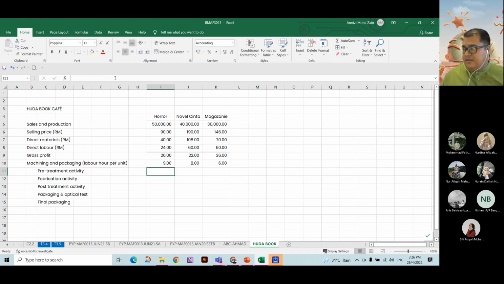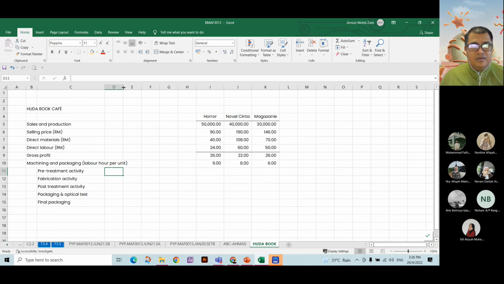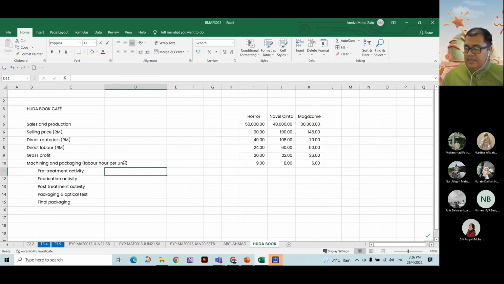Okay. This one, dia punya cost driver dia ialah number of treatment, number of treatment,